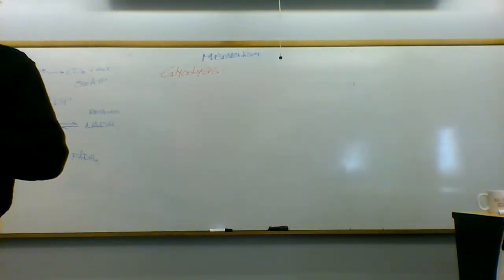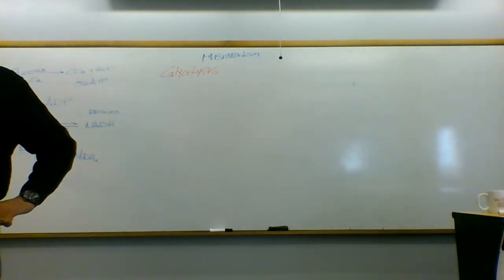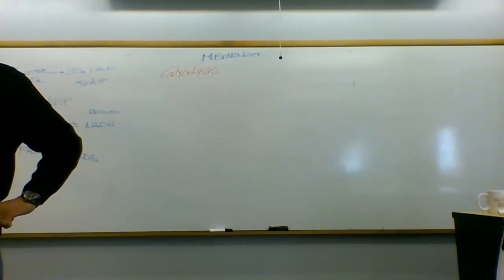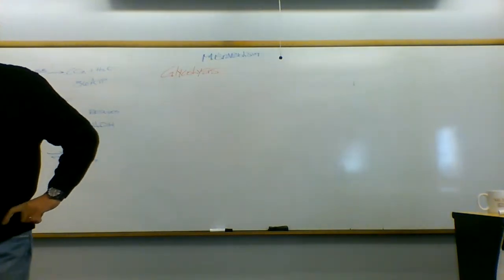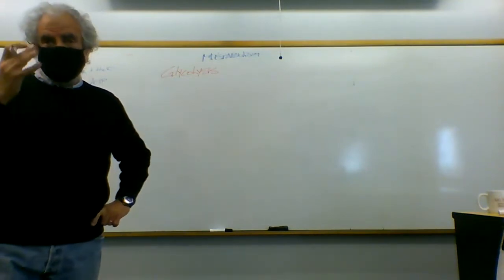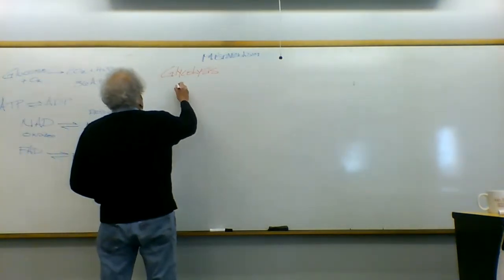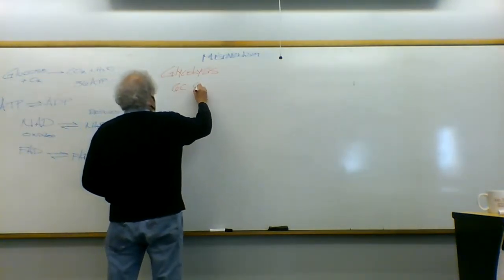Glycolysis is the pathway that pretty much every organism on the planet uses. Bacteria use it, we use it, everybody uses glycolysis. So this is a very old, evolutionarily old set of biochemical pathways. So we start out with the 6-carbon glucose,